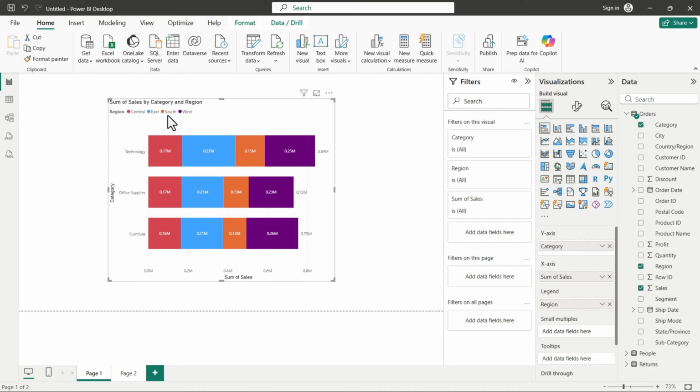And that's it! That is the simplest way to create and use a stacked bar chart in Power BI with